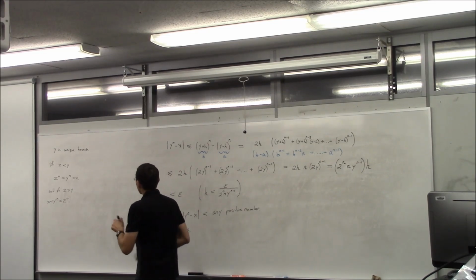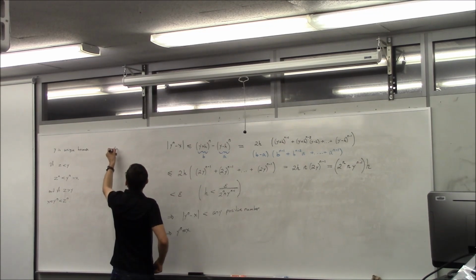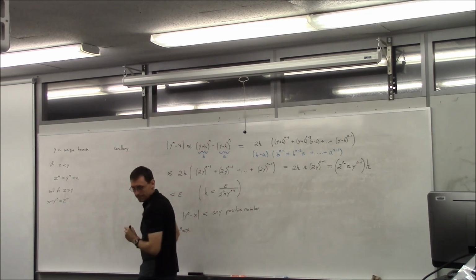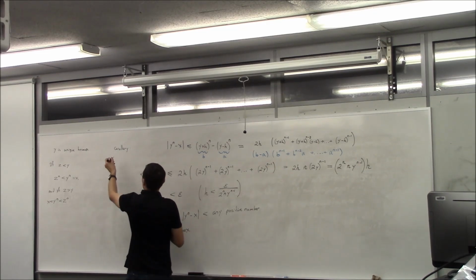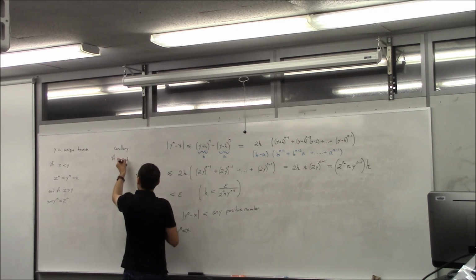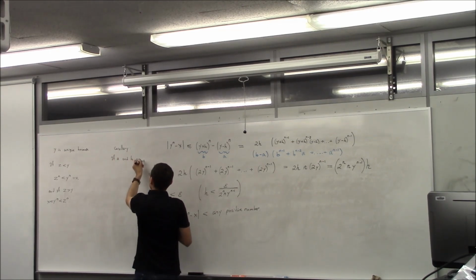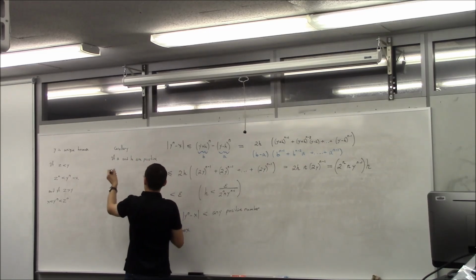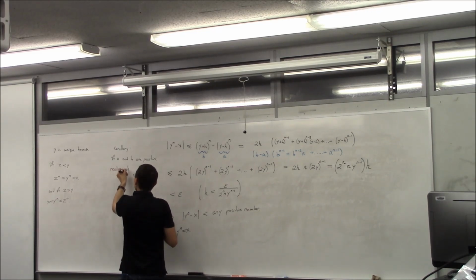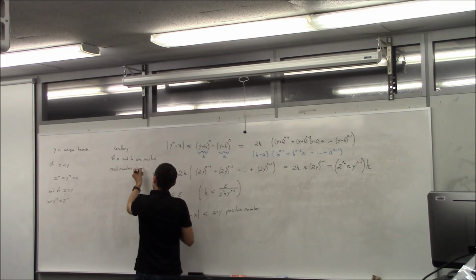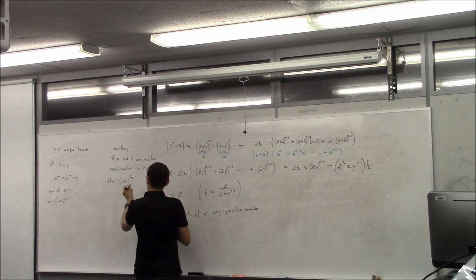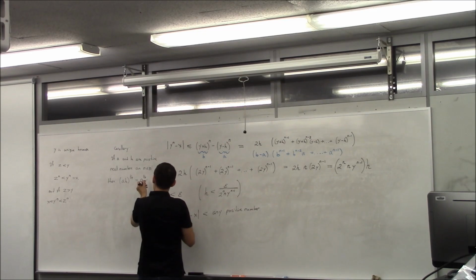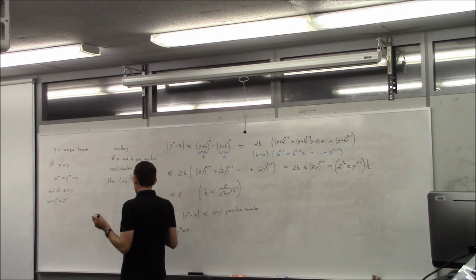So now we can mention the corollary. If a and b are positive real numbers, and n is a natural number, then we can define the nth root of ab, and that would be equal to a to the power of 1 over n times b to the power of 1 over n. And the reason for that is